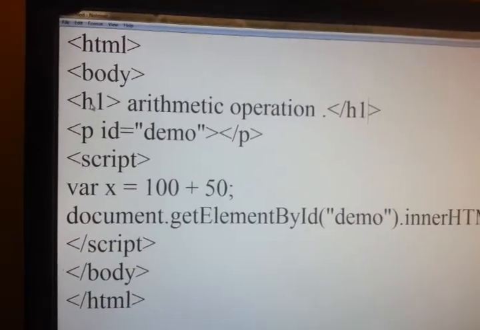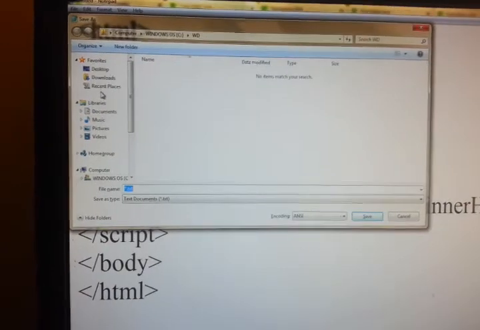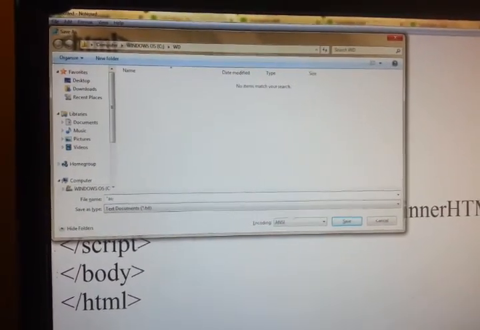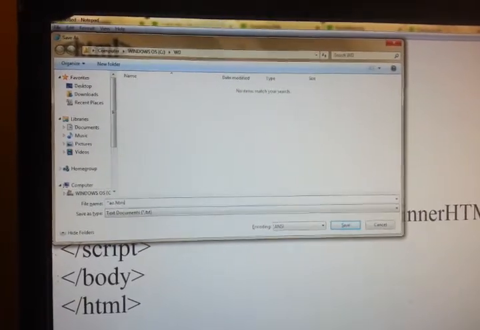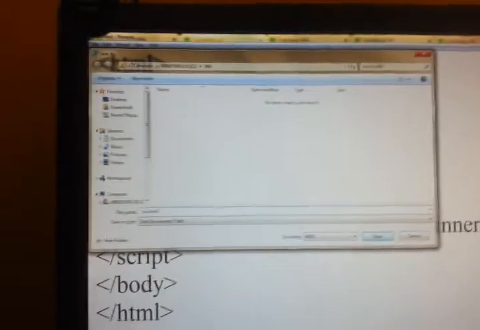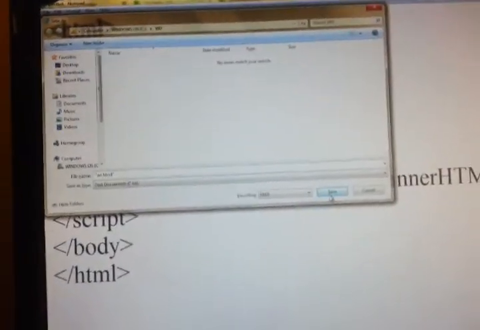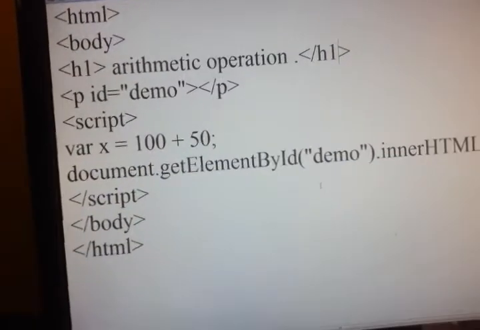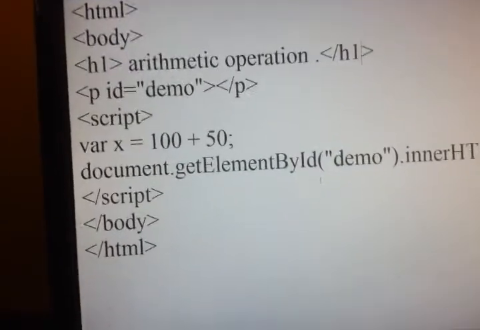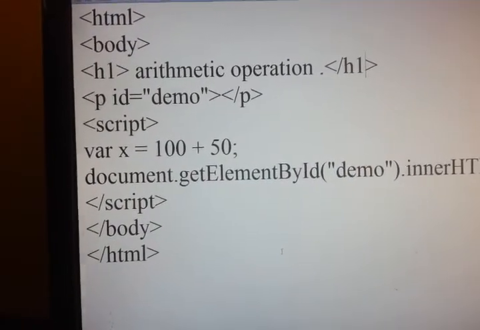We'll just save this in our working folder as arithmetic operation.html. We'll save it as HTML. We won't use .js as the extension for JavaScript, because all these things we are doing in an HTML page. We are using HTML code.